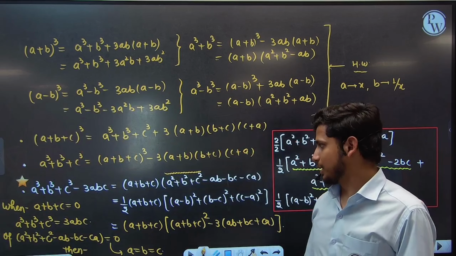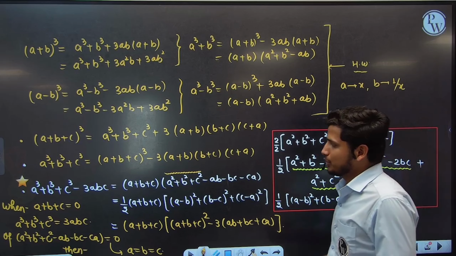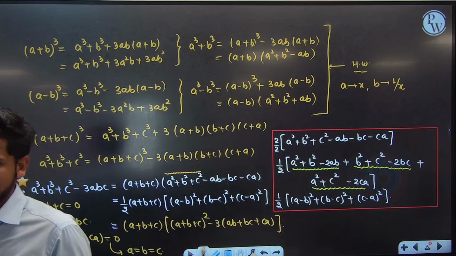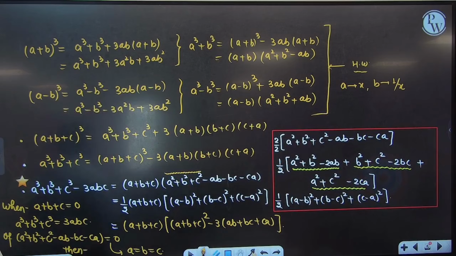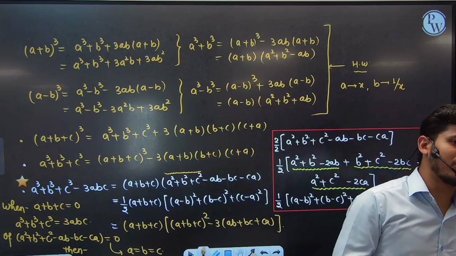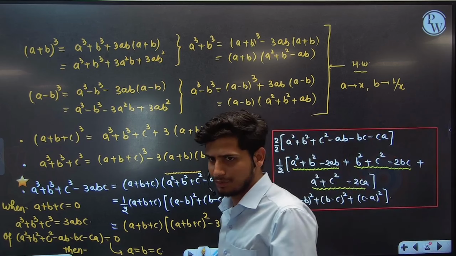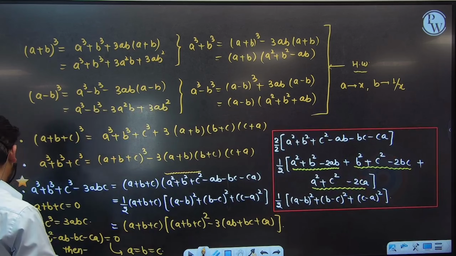Done. Okay, now these are the basic identities related to the algebraic identities, and then you get more powers, a to the power 4, b to the power 4, a cube, b cube, power 5, power 7, and so on. So okay, this is not a big deal.